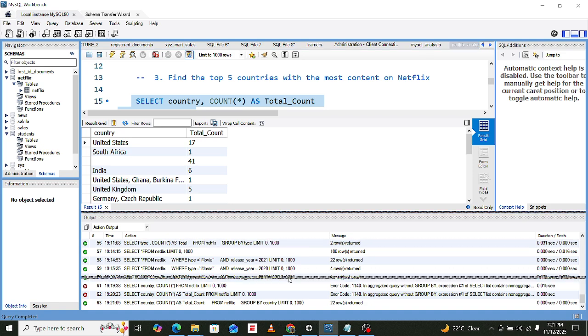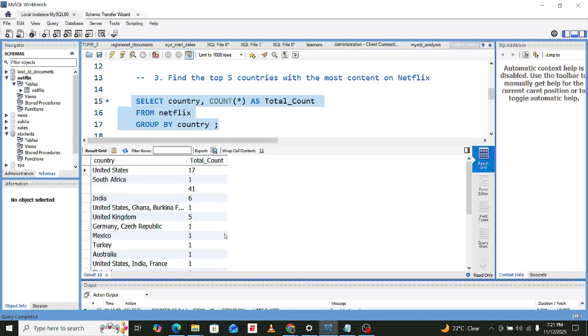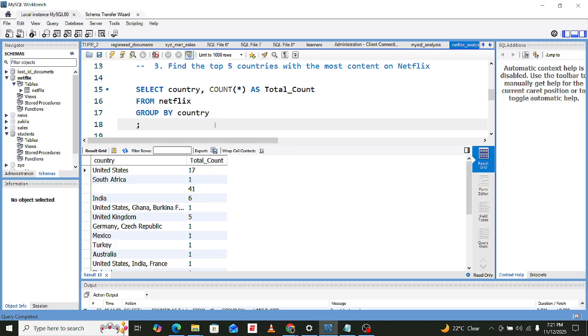Now you can sort. How do we sort? Is it order by?